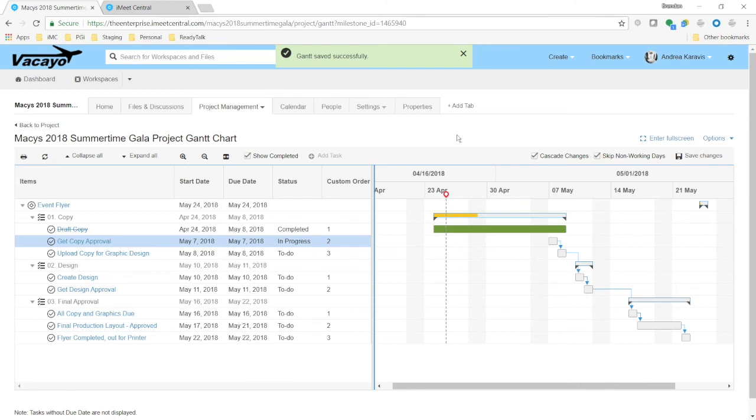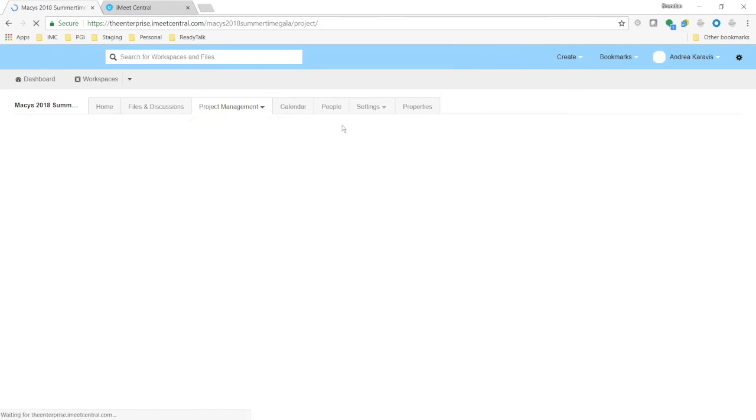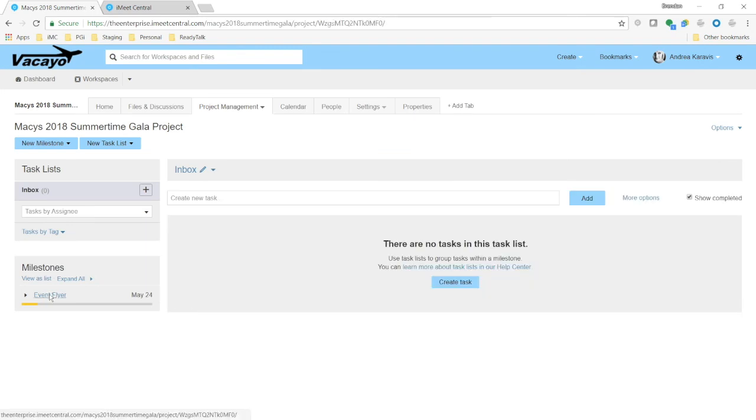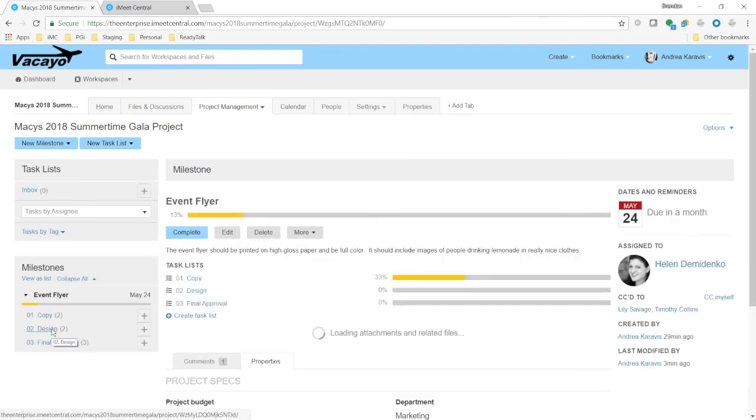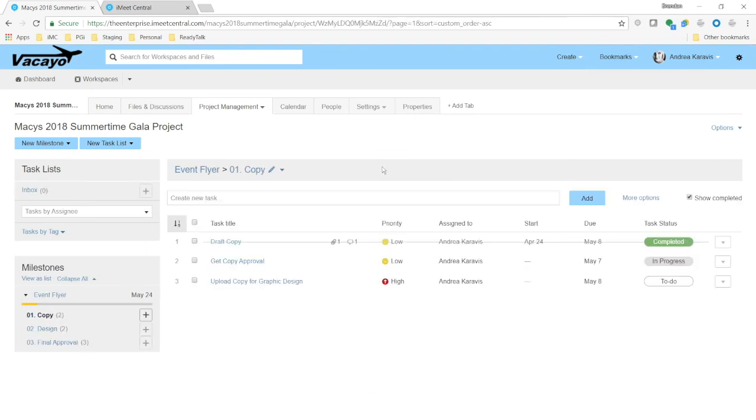And now that I've saved my changes, I'm going to go back into the tasks and milestones area, and I'm going to go into my task list. Your team likely will not visit the Gantt chart very often. Where your team is going to spend their time is in these task lists. And if your team has the edit permission, which they most likely do, they have the ability to make changes